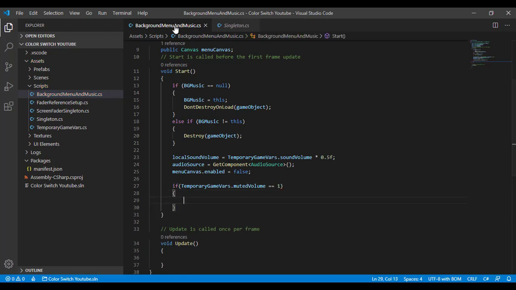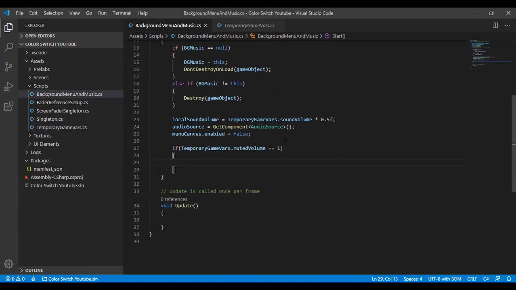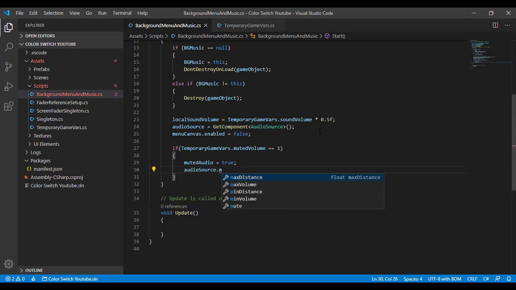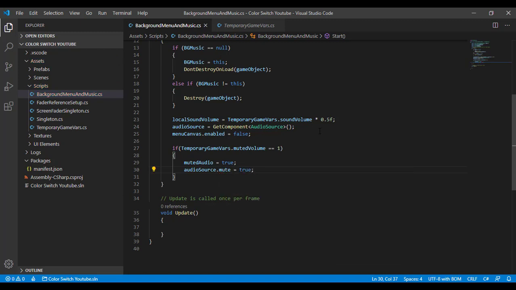Because it's an int. If it's 1, it means it's on. Then our muted audio should be equal to true, and our audio source dot mute property should also be equal to true, and else